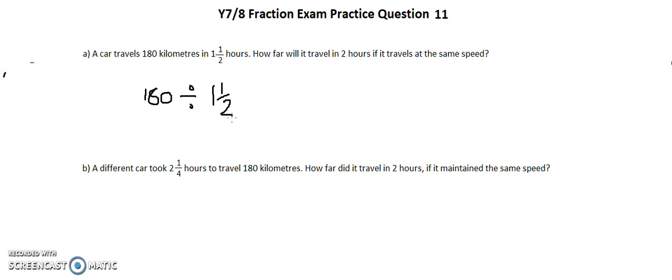So the next thing I need to do is think about changing it to become an improper fraction. So I'm going to say it is 180 divided by 1 times 2 is 2 plus 1 is 3 over 2. Now there is a relationship between dividing and times. So I can change this to become 180